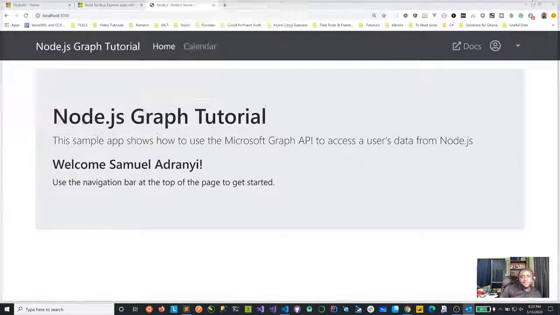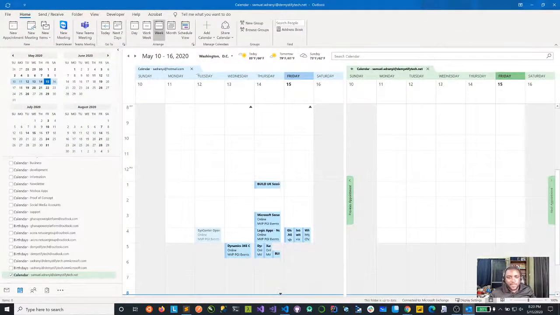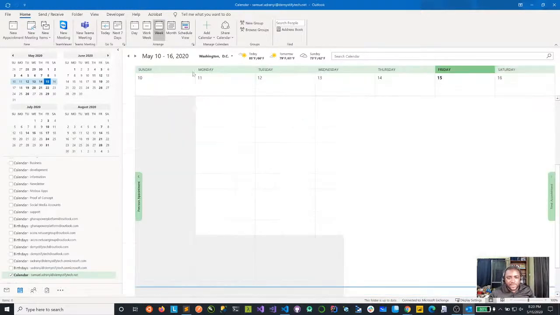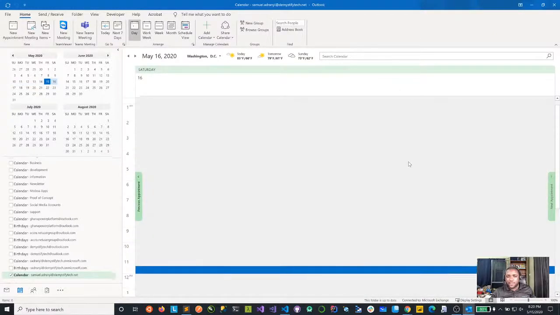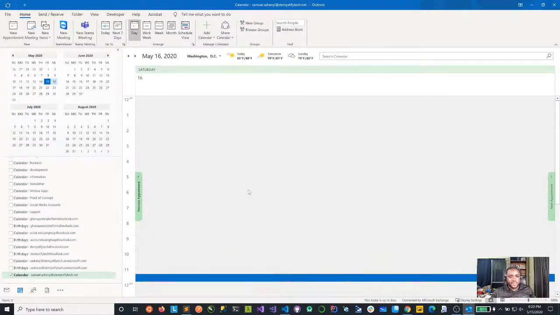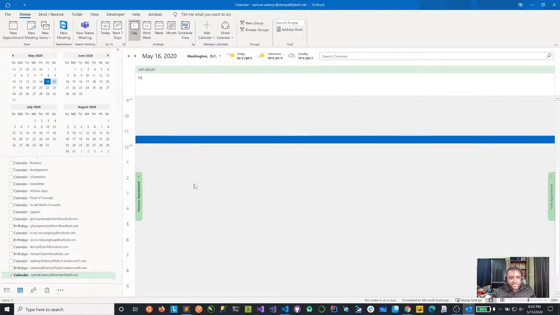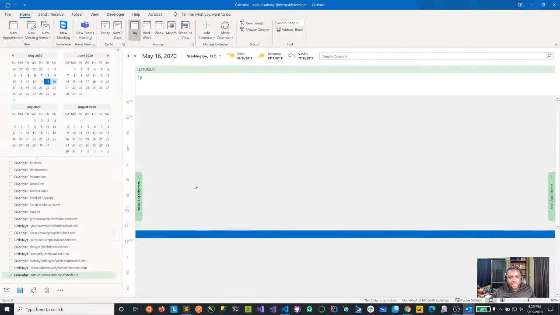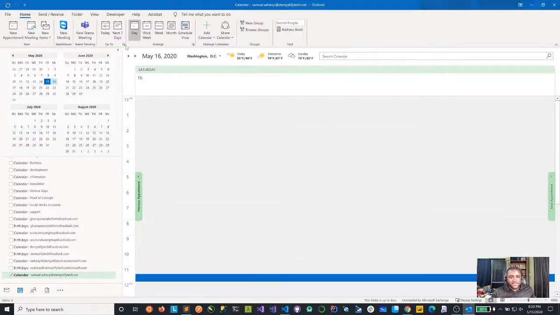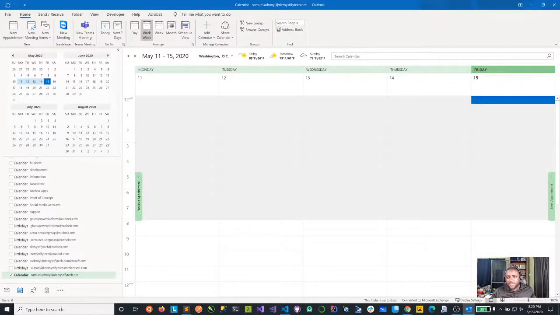I'm bringing this in view, and I'm going to close this calendar for now. If you look closely at this calendar, all right. Let's do work week. Today's Friday, right? Yeah.